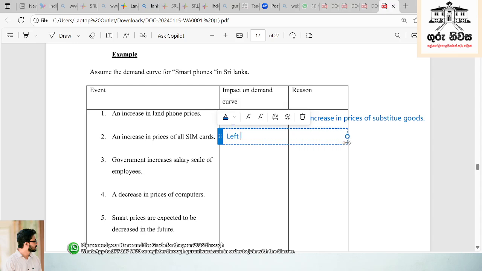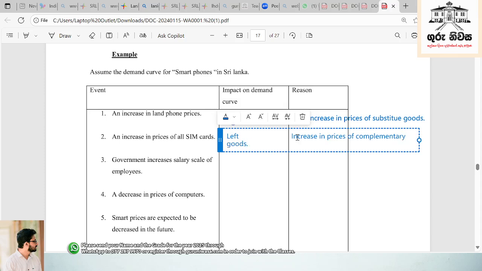What is the reason we can say? Increase in prices of complementary goods. Okay. Next one,